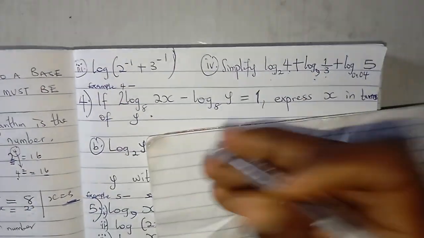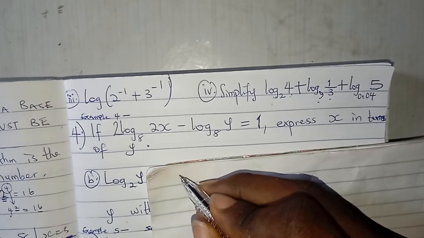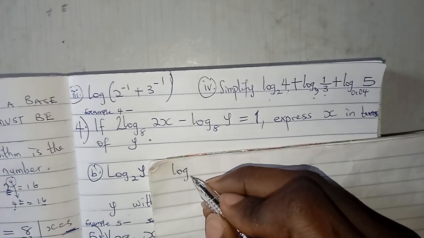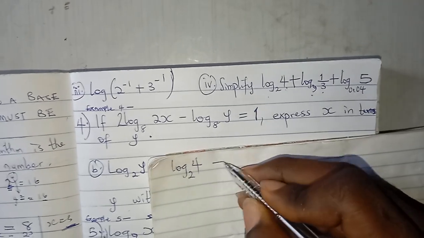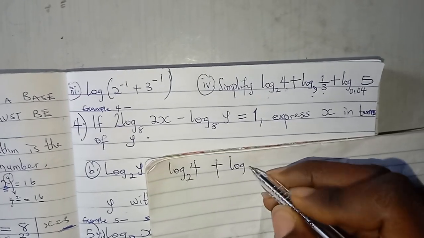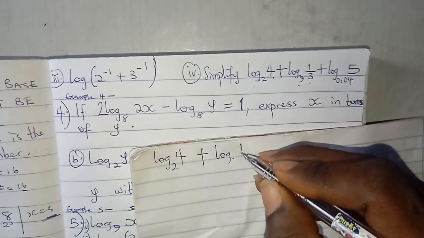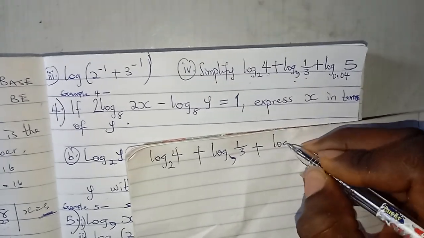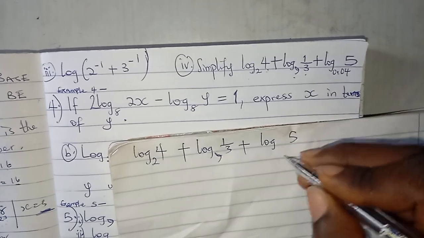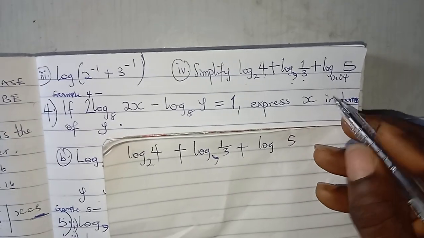They say simplify, so I will do it in such a way that I have log 4 to base 2 plus log, notice that the bases are not the same. Assuming the bases are the same, I will use multiplication. They have different bases, so I will solve it individually. And we don't like to see decimal points, so 0.04 is the same thing as saying